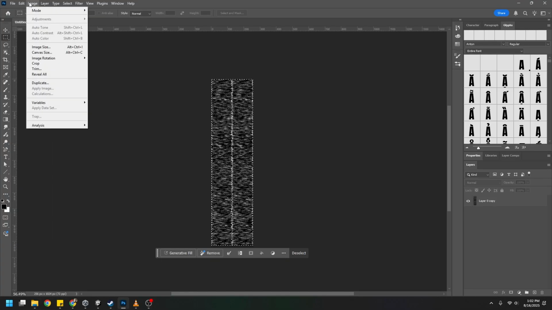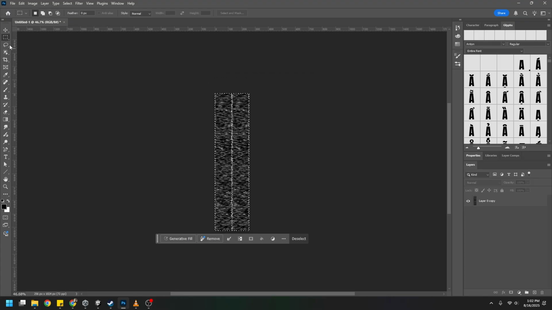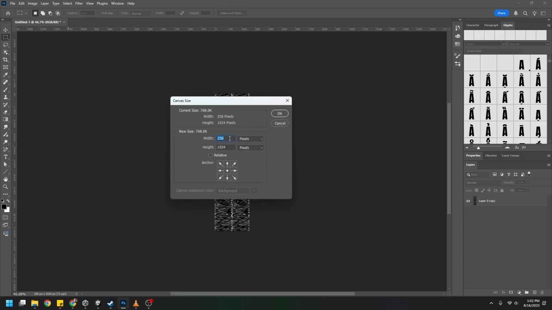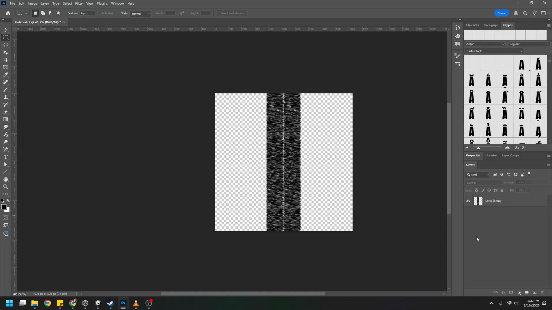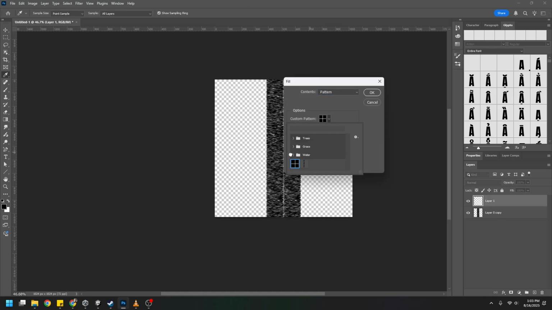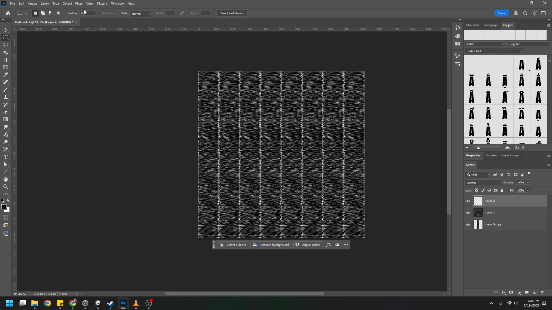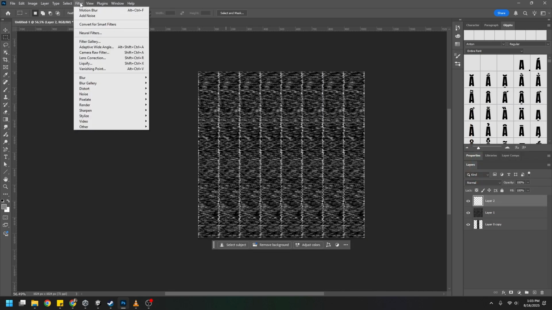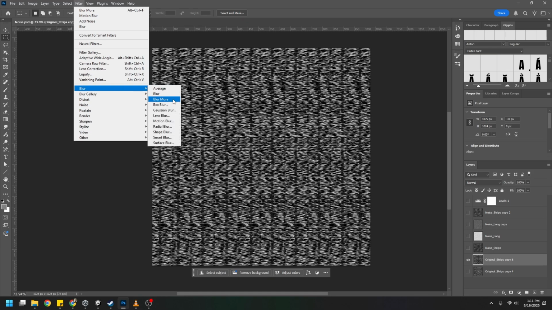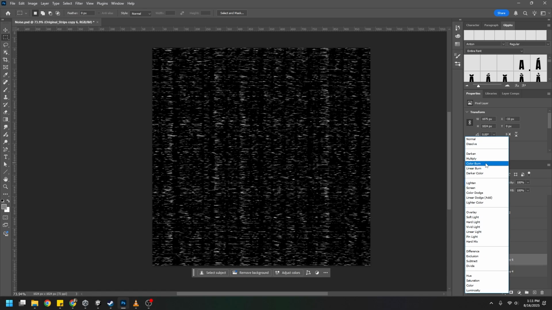I then took this noisy vertical image and created a pattern from it. This would allow me to repeat that noise over and over and over again, creating that vertical band. I then created a 1024 or 2048 by 2048 image, just depends on what resolution you're going for. I filled in the first layer with that pattern I had created, which made some banding, but I wasn't very happy with it. I then duplicated the layers multiple times, created new layers with different amounts of noise on them,